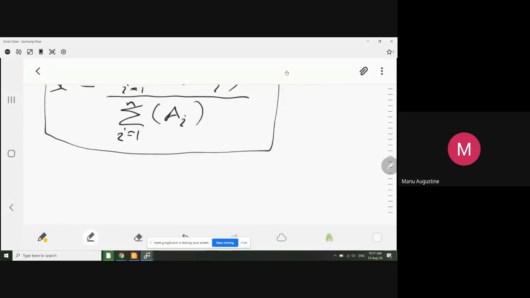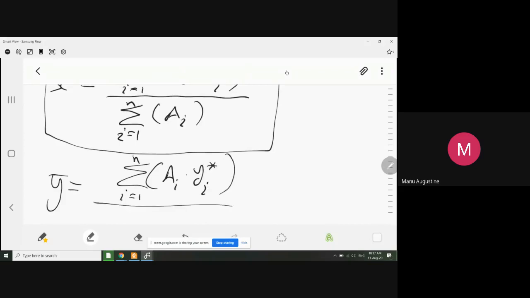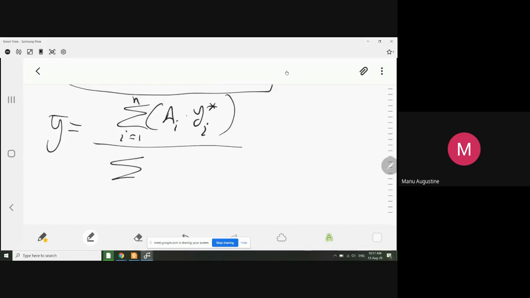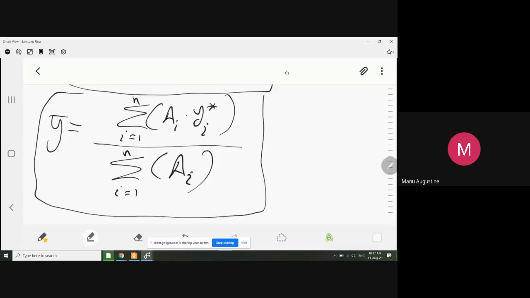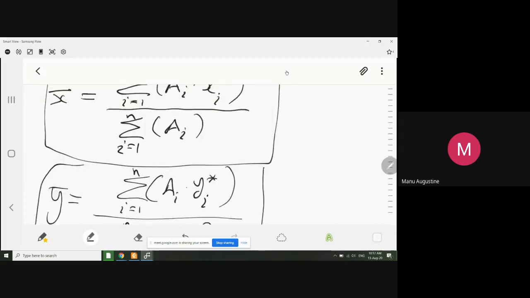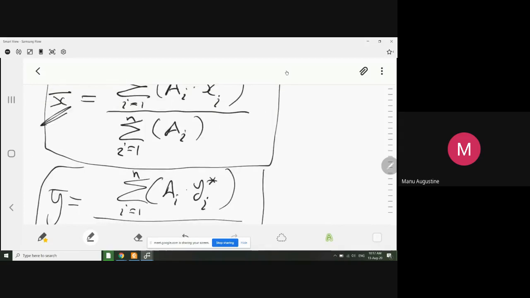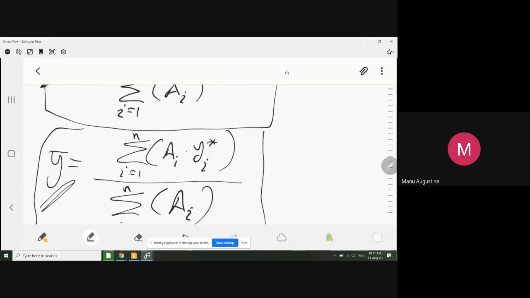And similarly, for y bar, you can write as summation i equal to 1 to n Ai yi star divided by summation i equal to 1 to n, the sum of all areas. So this is the method of moments for finding the overall centroid x bar, y bar of any given composite